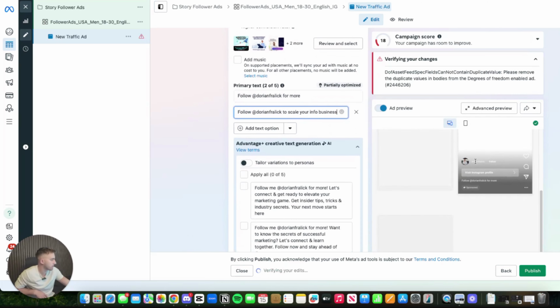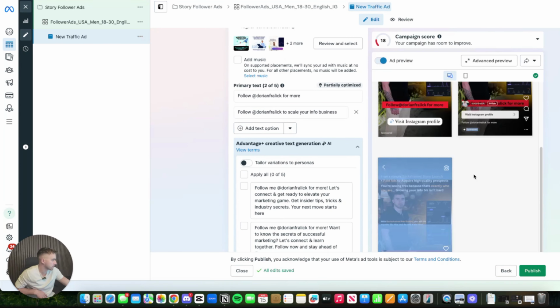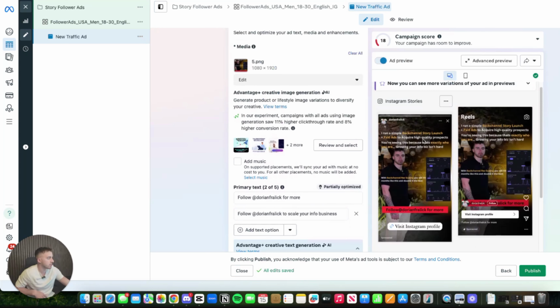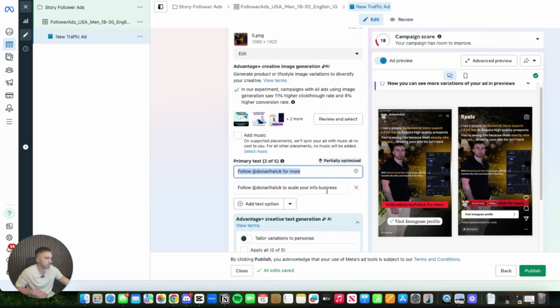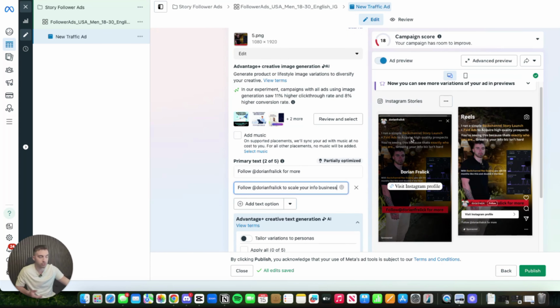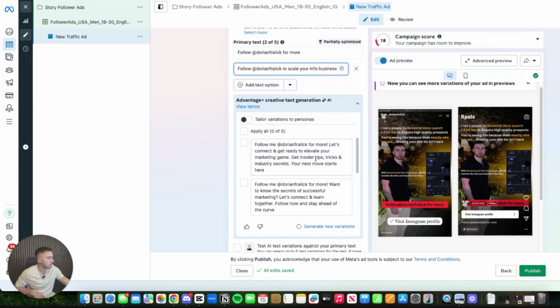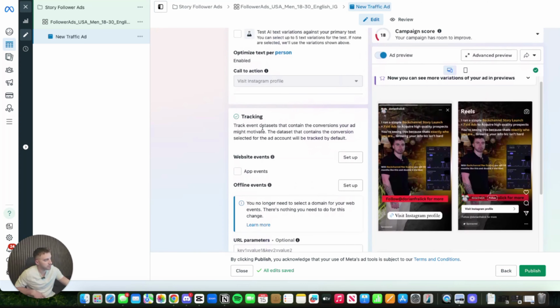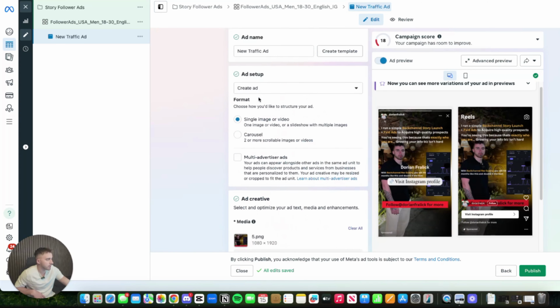So again, that's gonna pop up down here. This is where you're gonna see all that information. Don't worry too much about this. It's not like the biggest thing. Again, if your guys' ads are made correctly, you're gonna see a good result. It doesn't matter about the primary text and all the wording here. It matters about what's in the ad. As a matter of fact, if you set it up and lay it out all correctly, you'll have the CTA, you'll have what you want them, who you're calling out and stuff like that, okay? We scroll down here, keep scrolling down. There's basically nothing else you need to do. That is basically your setup.